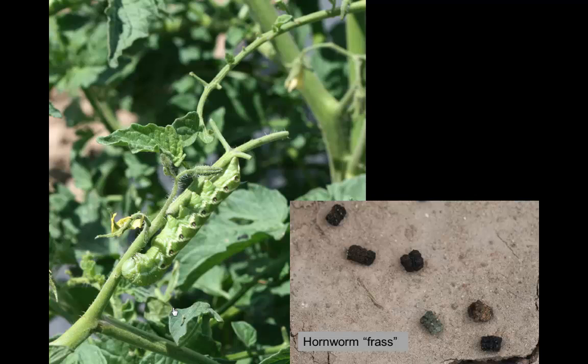But they can be very difficult to see. You may know that there is something going on in your plants because you see these stakes or branches that have been turned into stakes because the leaves are all gone, and that's evidence that you've had hornworms, but you can't find them. They're often cryptically colored. Often how you might try to find out where they are is look on the ground, and there are little pellets. They've got these little six-sided pellets that they drop, which will be located probably underneath where they have been most active